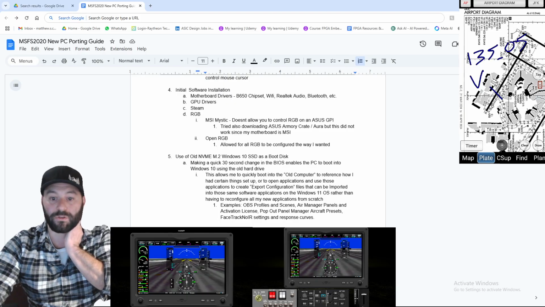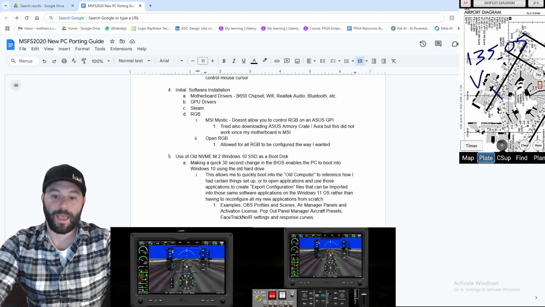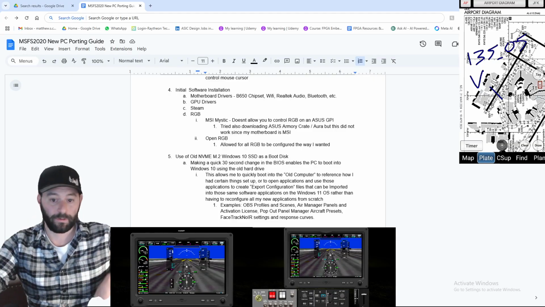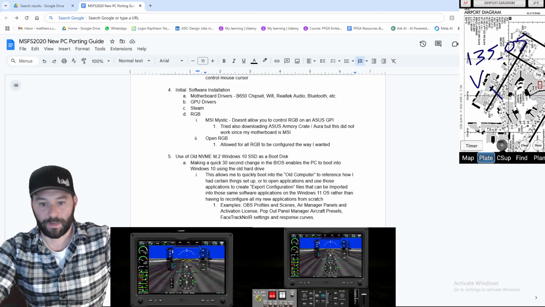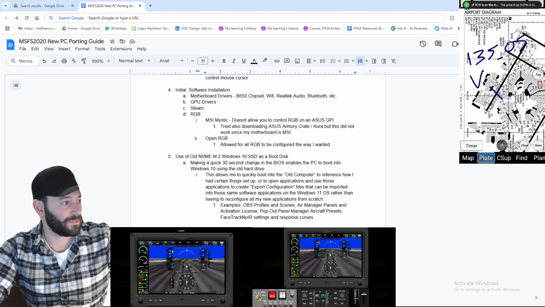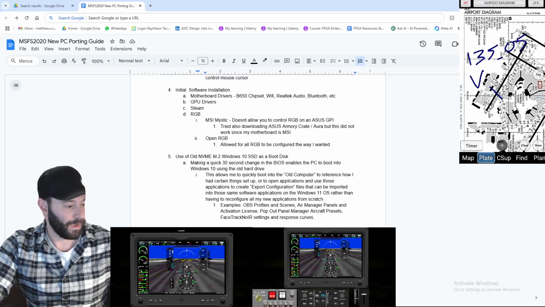I talk about how I used my old M.2 NVMe drive from my old computer as a third hard drive, just so that if I ever needed to, I could boot into my old computer's hard drive using my new hardware. That way, if I ran into simulator issues or if I had documents I wanted to find, I could